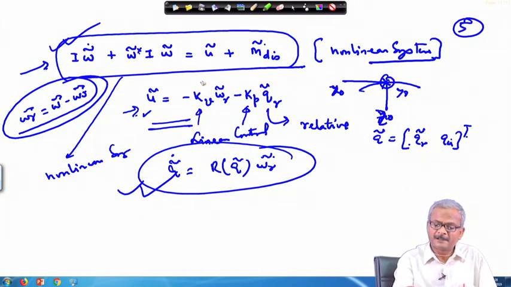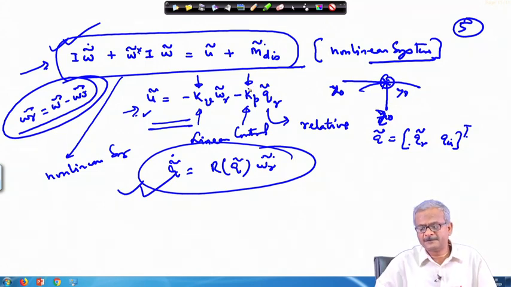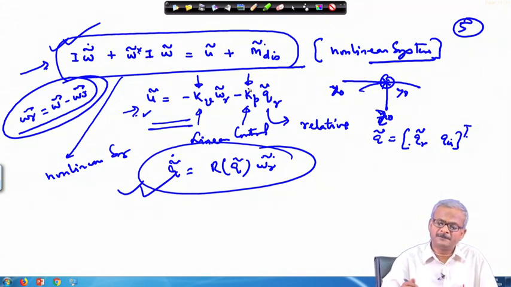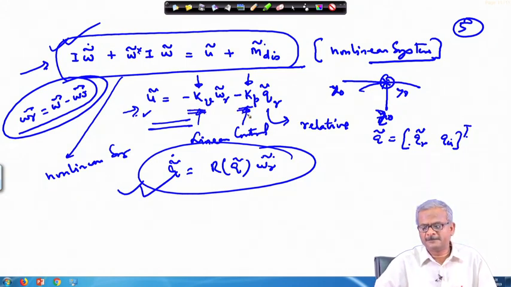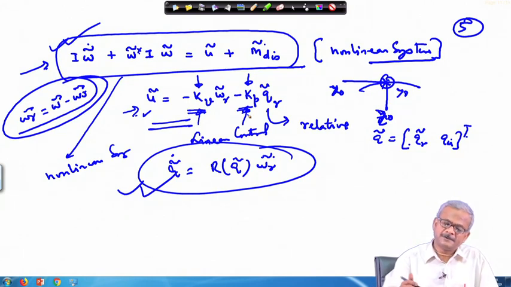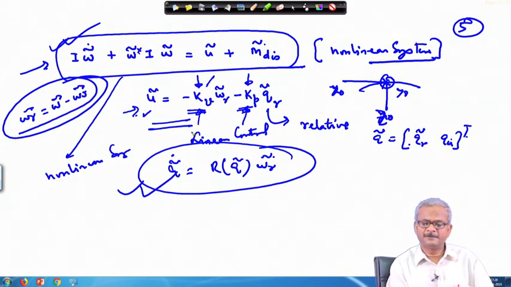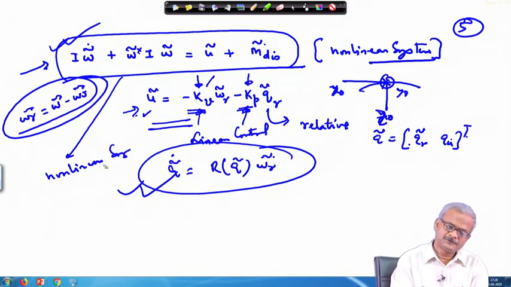Okay, by trial and error you can also fix this Kp and Kv, but if you use the Lyapunov stability analysis, it will give you a range where to choose Kp and Kv, and then it will be easier. Okay, if you have already proved it mathematically, then choosing these values becomes easy rather than doing trial and error. Okay. So, this constitutes your nonlinear system, and for that you are using linear control.